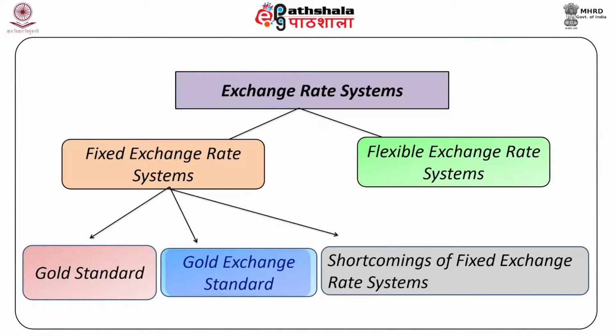The gold exchange standard. The gold standard eventually ended its operations under the depression of 1929-33. The gold exchange standard replaced the gold standard in the Bretton Woods Agreement of 1944. Under this agreement, the gold price was fixed at USD 35 per ounce and the United States promised to exchange dollars for gold at this price. On the other hand, other countries pledged to exchange their currencies for dollars at a fixed exchange rate.